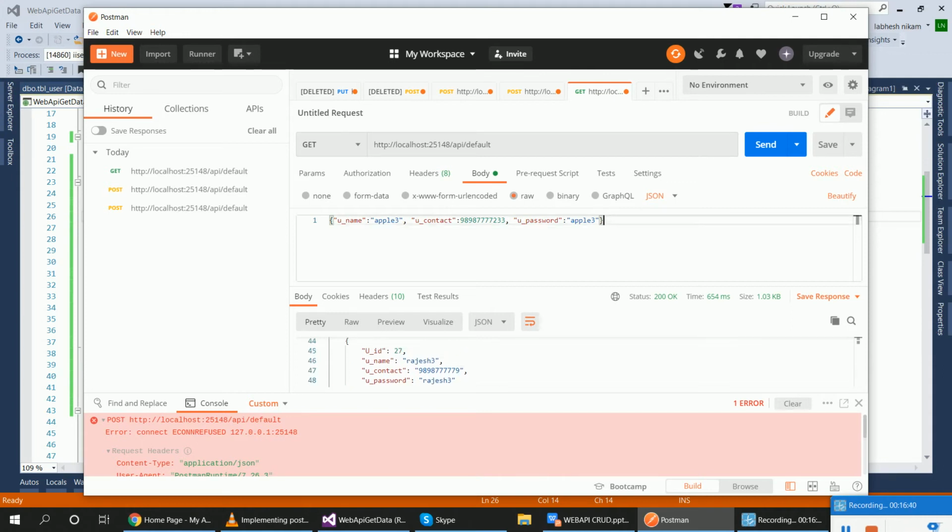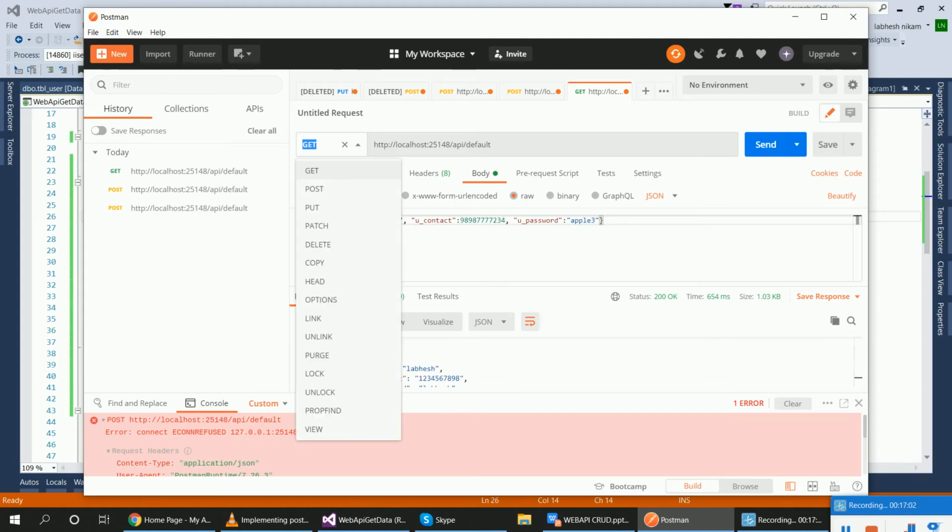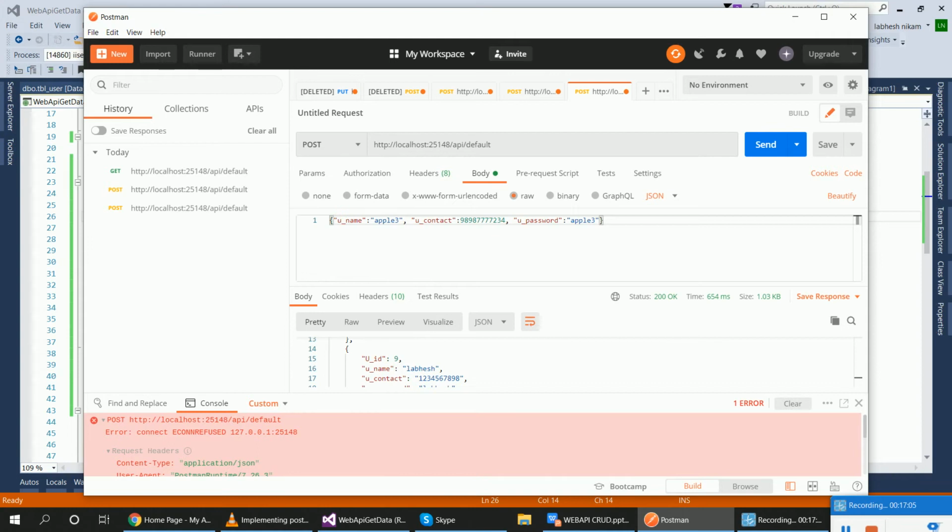It has the same mobile number, so I give a different mobile number and check with the post method. Apple 3 is not created, right? Apple 2, Rajesh 3. Use the post method, API default, apple 3, number is changed. Every time send a different record.